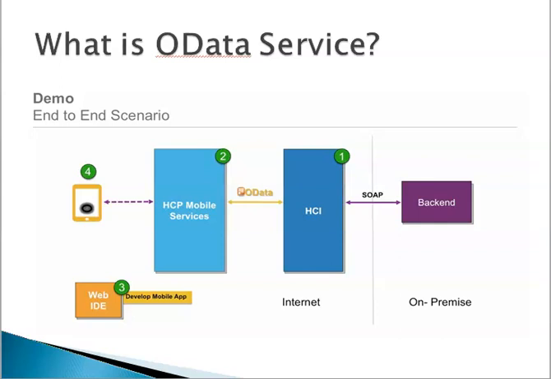OData helps applications to focus on business logic without worrying about the various API approaches to define request and response headers, status codes, HTTP methods, URL conventions, media types, payload formats, query options, etc. It provides guidance for tracking changes, defining functions, actions for reusable procedures, and sending asynchronous or batch request.